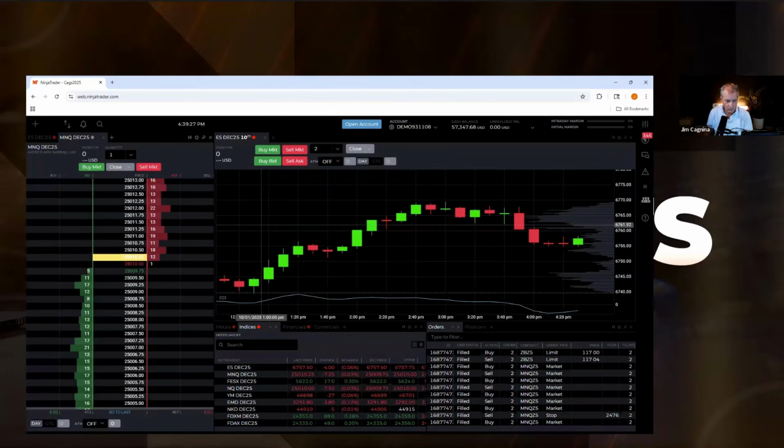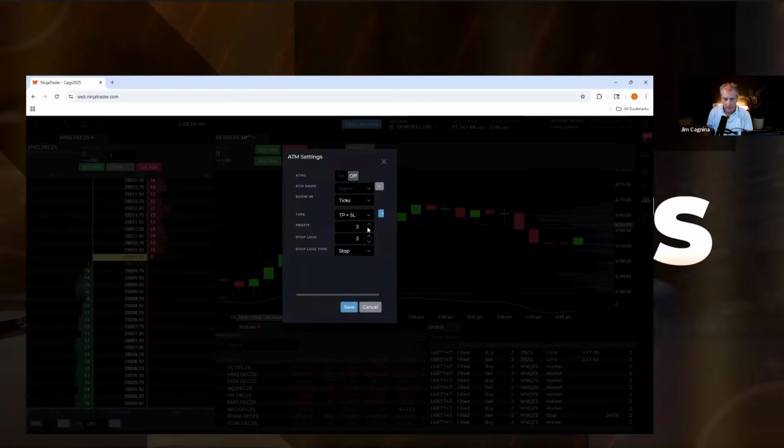So ATM's off. Nope. We're going to hit that gear. We're going to change it again, and we'll keep it really tight in this case, just to see if we can get this to demonstrate. I'm going to turn ATMs on. Remember, this is a big problem. People set their profit targets and their stop losses, and they forget to hit that on button. Right now, we're on. You could name it. Everything is good. Profit target stop, and I'm going to hit